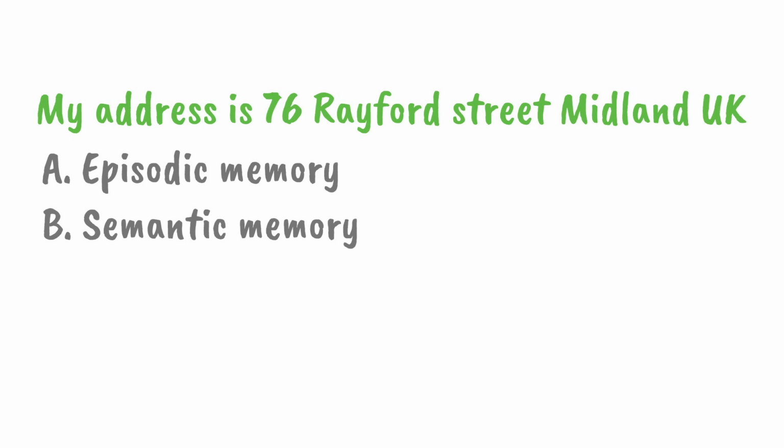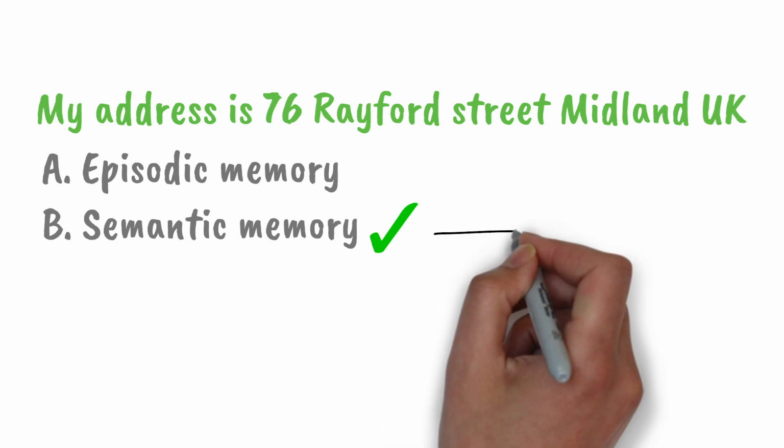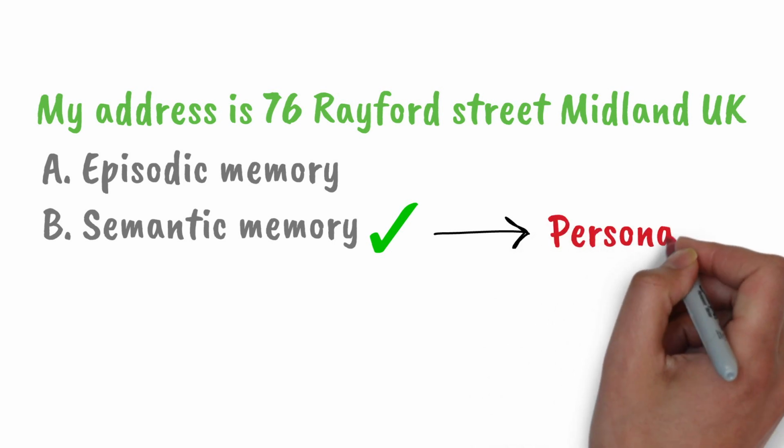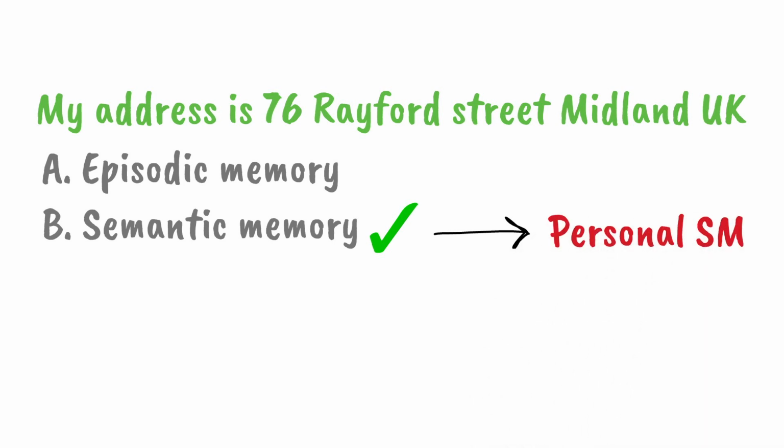So I'll be honest, I got the question wrong. I thought my address is part of my personal experience, so I thought it was episodic memory. But the address contains facts about the world, so the answer actually is semantic memory. So this kind of personal facts about oneself, such as the name of your partner or your address, are called personal semantic memory. Even though the first-person nature resembles episodic memory, it is kind of meant to confuse you, so